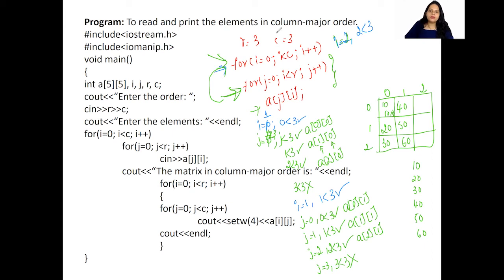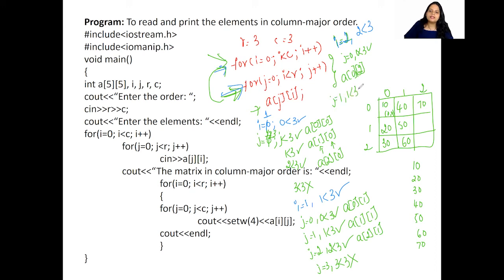We are going to go back to this particular for loop once again. Here also the j value is going to be 0 initially. Is 0 less than 3? Yes, it is true. Then we are going to take the value of A of 0, 2. Why? Because the i value is 2. 0th row, second column. Suppose I entered 70, so 70 is going to come and get stored here.